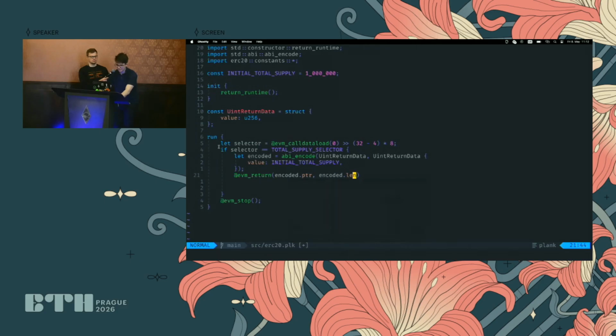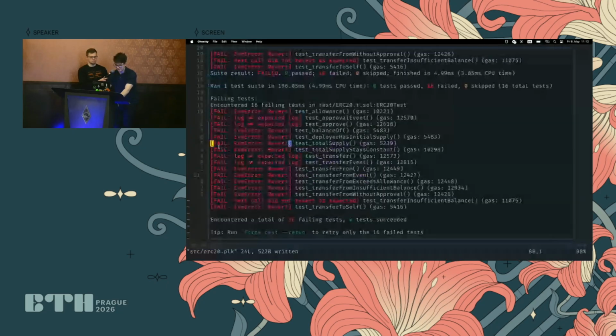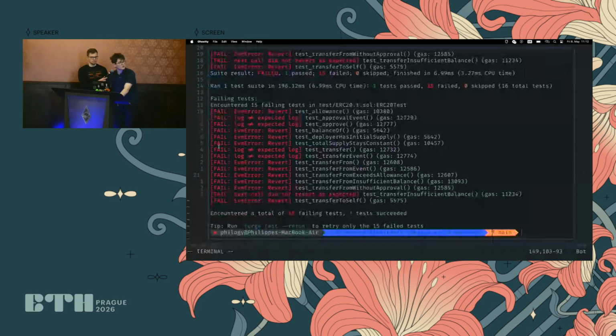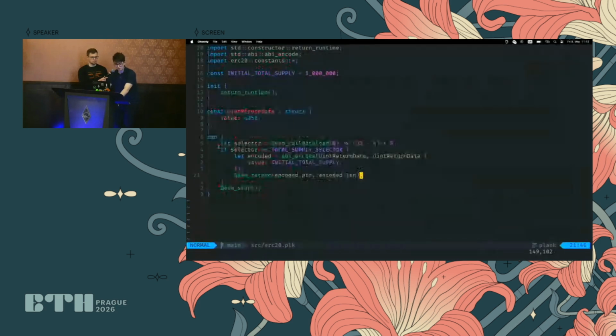Because this is actually a membytes type. And yeah, this is type inference, so if you want, you can add type annotations here. Like you could add this, or you can leave it out, because there's type inference, so it's optional here. And then we'll see that our first tests are now passing. And voila, we have our first function implemented from scratch in Plank. And then yeah, let's keep going.